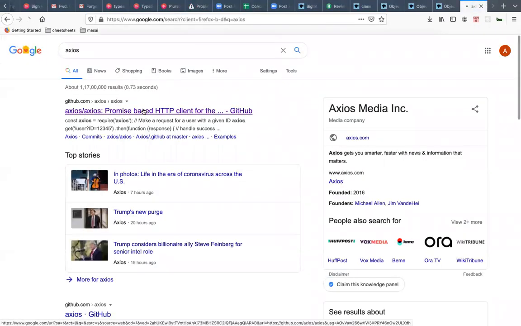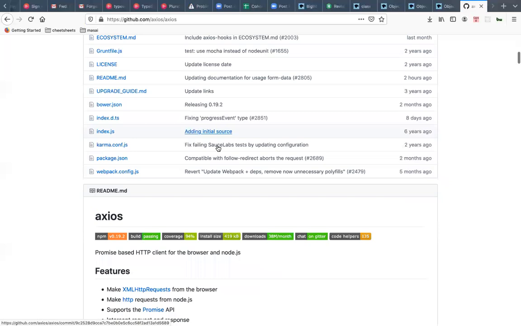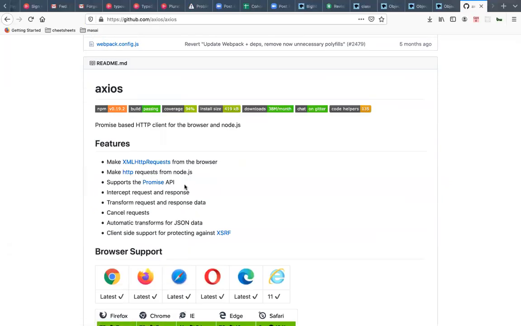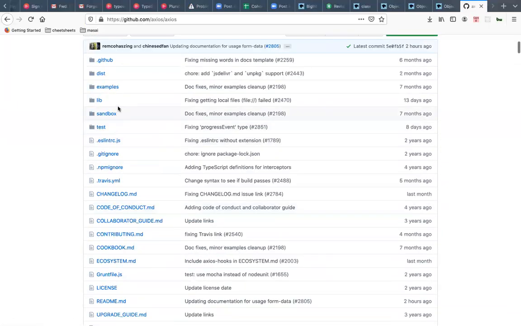Both are promises, and you can see it's a promise-based HTTP client for browser and Node. So there are a lot of things you can work with in Axios. Some of the features you can mention from here itself. But I think there's one particular thing I want to mention,